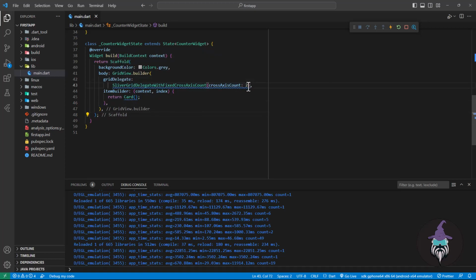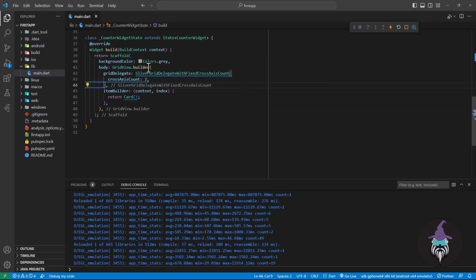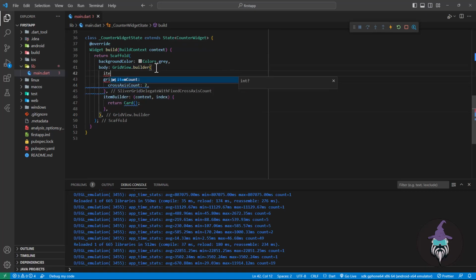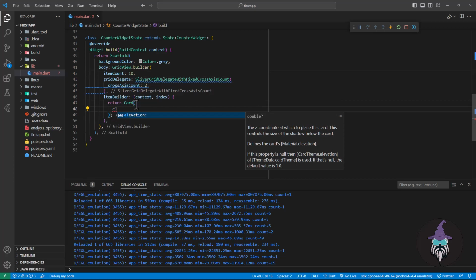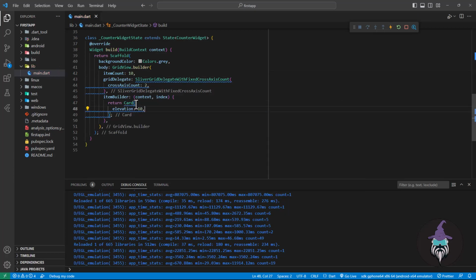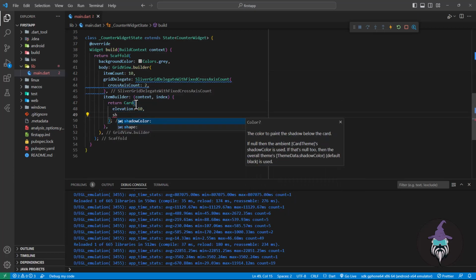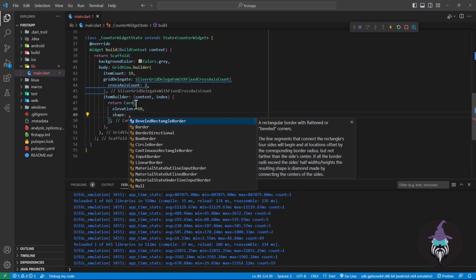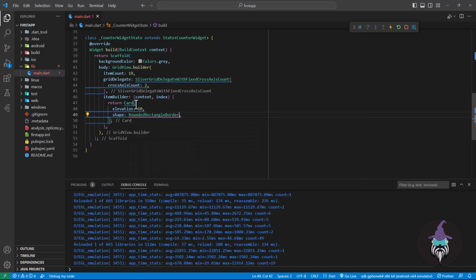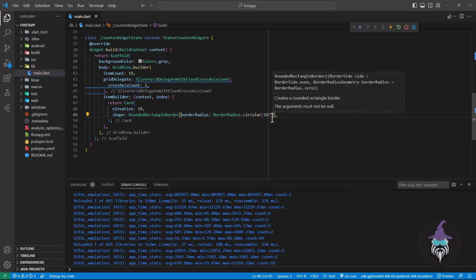Okay, and also add the item count quickly, so let's say 10. So inside the card we will set elevation of, let's say, 10, and the shape will again be RoundedRectangleBorder with a borderRadius.circular of 10. After that we'll have a child,